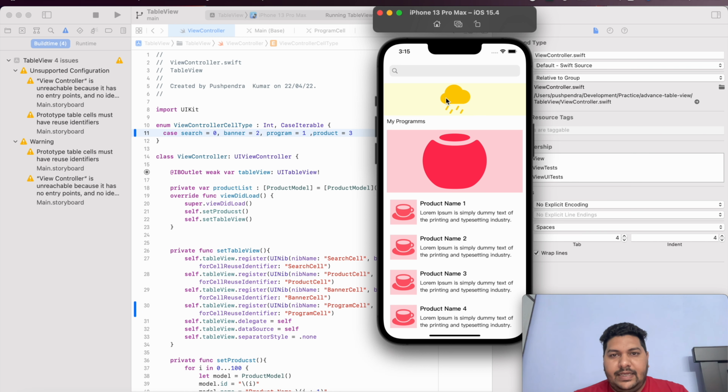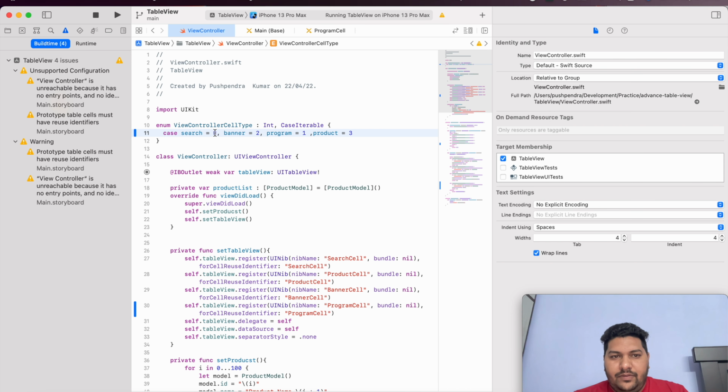See, you can see the index has been changed. Now again, if I want the search bar below the banner, then what will be the best way? Now my program will be the 0th index and I can say search will be the 2nd index. So 2, this will be 1 and this will be the 0th index.